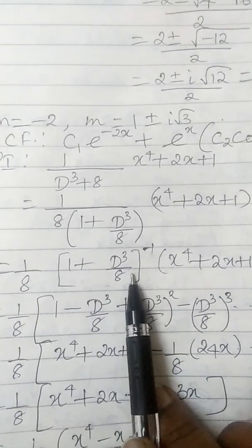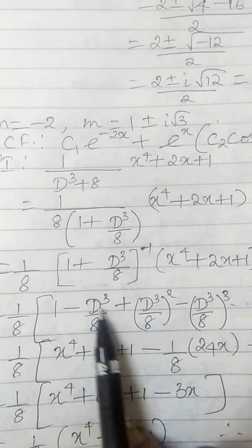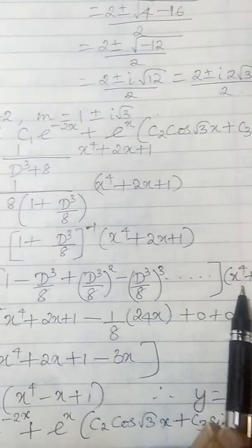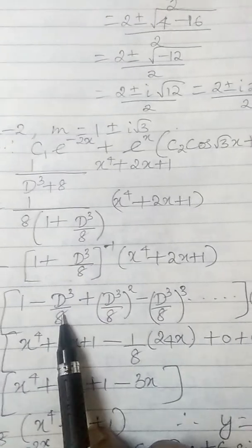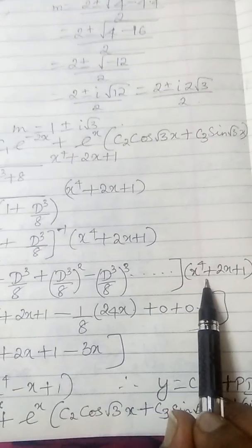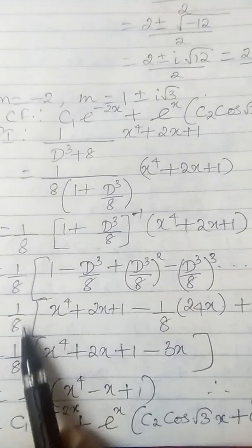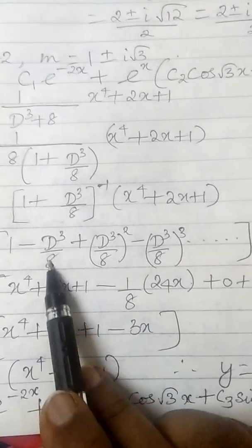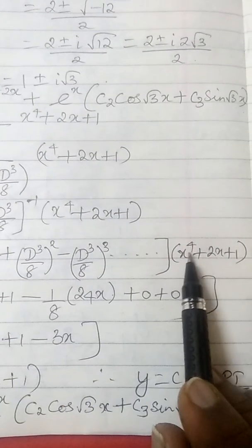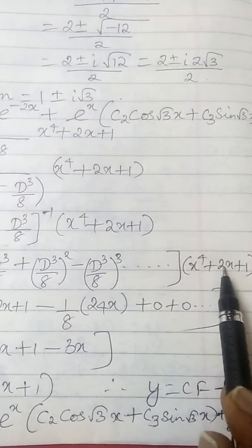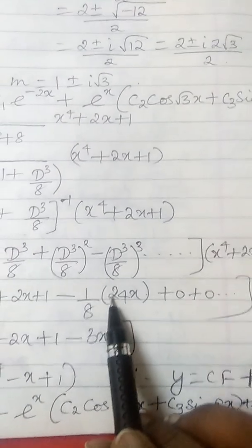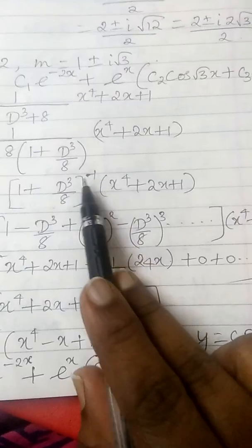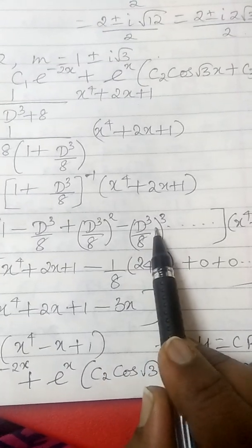Now, this is in the form of 1 plus D inverse. So, I had given the formulae. So, use that expansion: 1 minus D plus D square minus D cube etc. In this case, D is D cube by 8. Substitute and expand and multiply by this polynomial given. So, 1 into the polynomial is the polynomial itself. So, we will get 1 by 8 into x power 4 plus 2x plus 1 minus D, 1 by 8 into D cube, that is third derivative of x power 4 plus 2x plus 1. Third derivative is 24x. The others are all 0. That is 6th derivative, 9th derivative are